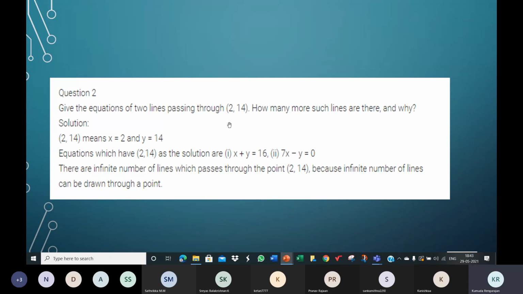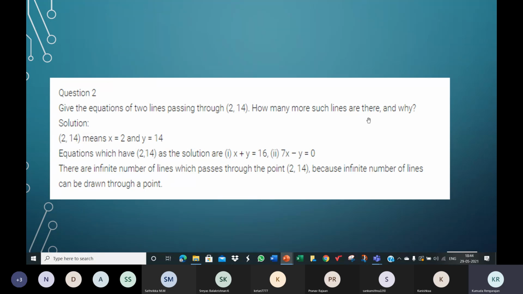You can also write this, children. I told you, subtract these two. You can do 2 minus 14 also. What is 2 minus 14? Minus 12. So x minus y is equal to minus 12 can be an equation. I also told you x by y is equal to 2 by 14. Cross multiply. You can add, you can subtract, you can divide. Don't multiply. So these are the equations. You have to write 2 of them. You can see 2 here.